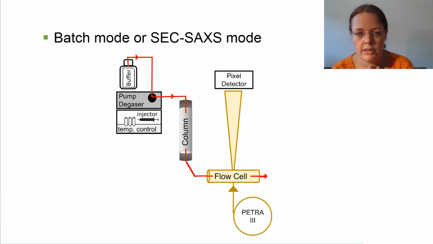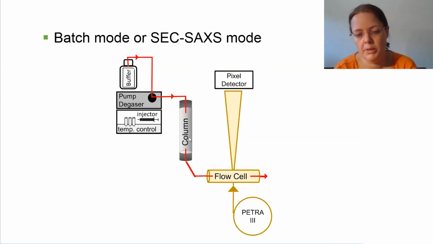Regarding the sample quality, over recent years there have been more and more efforts and more people have now switched to doing SEC-SAXS. And from the questions that we've had during the last two lectures, it seems to be something that many of you are interested in. So it's size exclusion chromatography coupled to SAXS. And yes, this is for many samples a very good solution, because during the SAXS experiment, you're separating your sample over the column. So you're separating the big stuff from the small stuff from the wrong buffer.